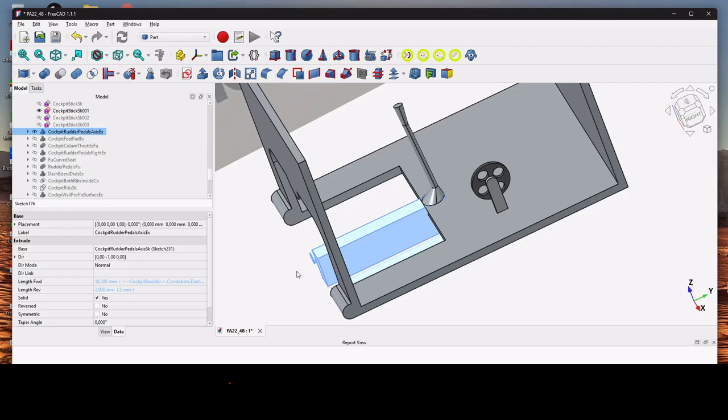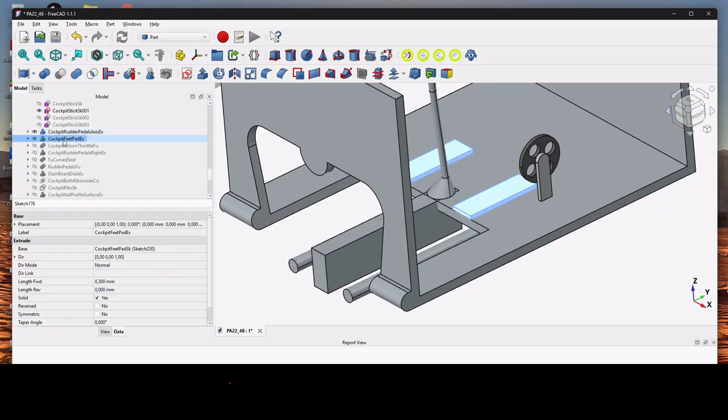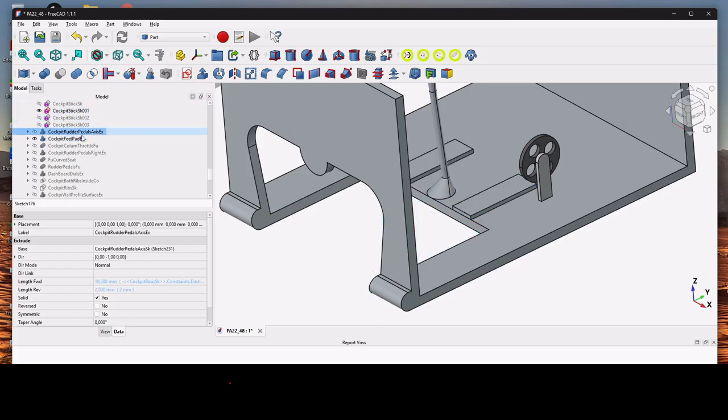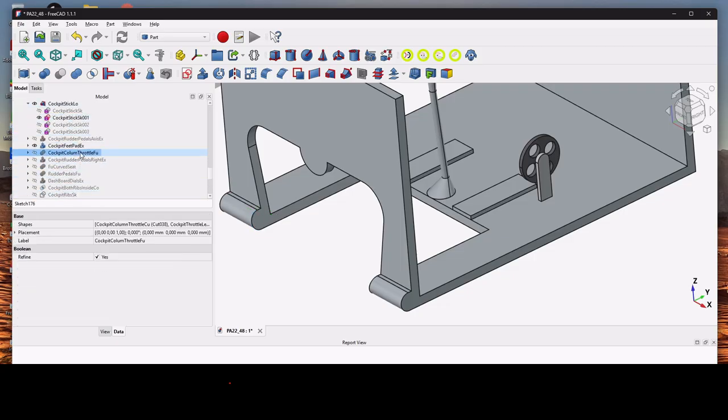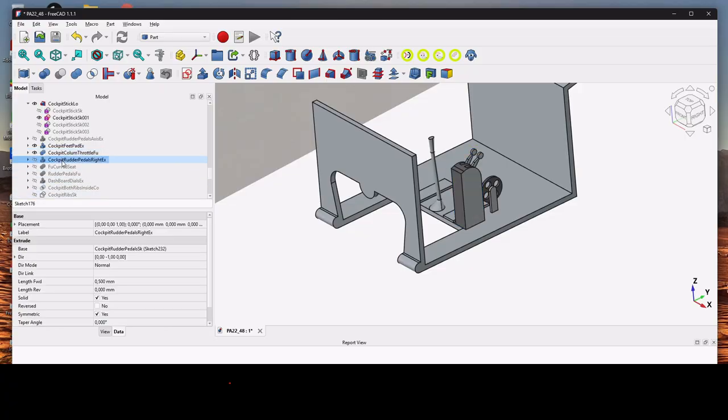Then the pedals. So yeah, at the beginning I was doing some pedals a little bit in the style of the Spitfire, but looking at the PA100, I think that it's not exactly that. I have added also a little column throttle because usually the throttle is not attached to the side walls, which is pretty light in a way. My guess is that you need to have throttle, so that's it. So this is the Spitfire like,